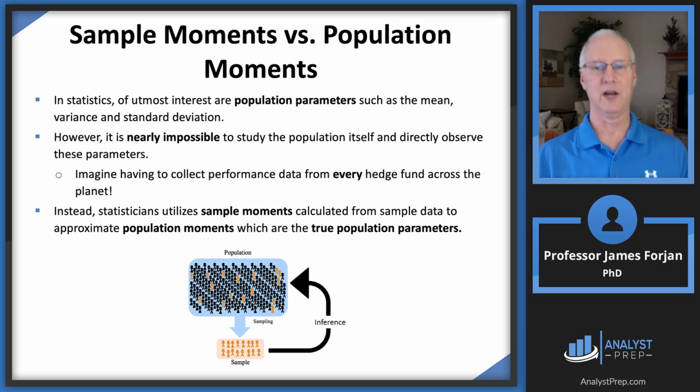Now, what we're interested in, of course, is the population parameters, like a mean and a standard deviation. Those are the first and the second moments. But, geez, think about what kind of a headache that would cause us if we had to travel around the world to get all of the grapefruit. So notice what I have in that second bullet point: nearly impossible to study the population itself. Well, I'm going to go out on a limb and say it is completely impossible to study the entire population